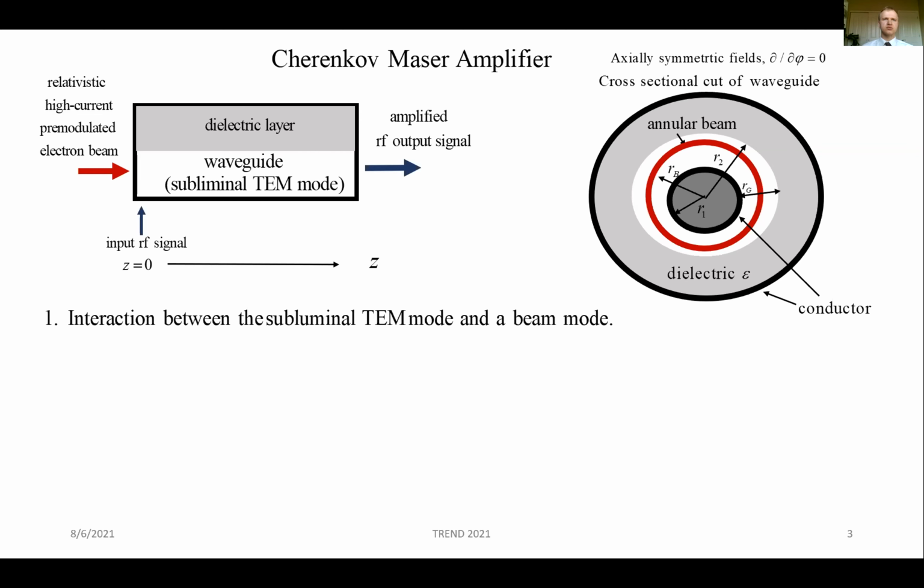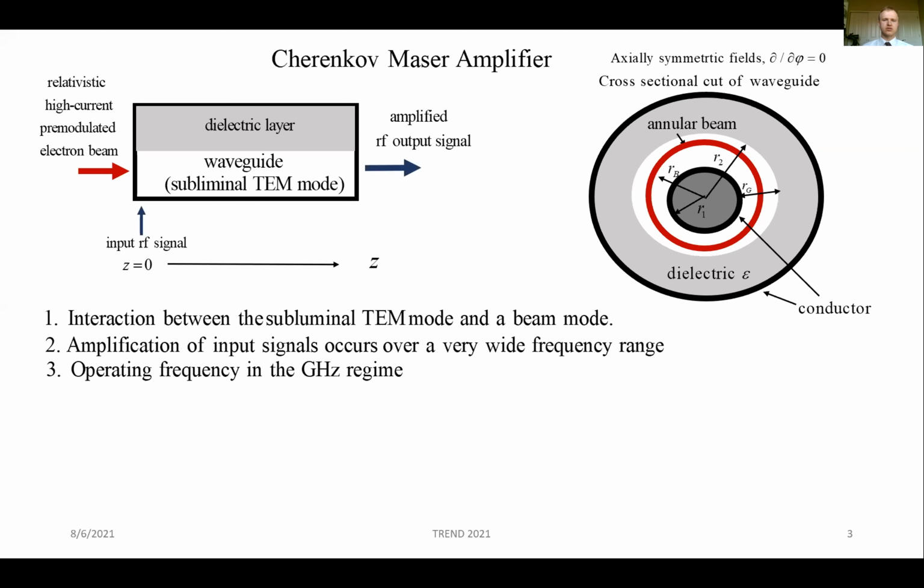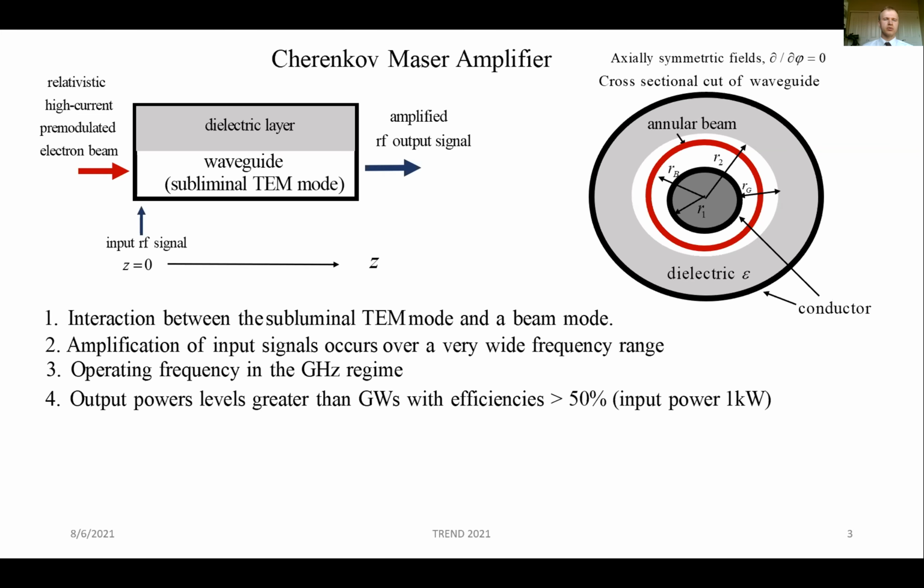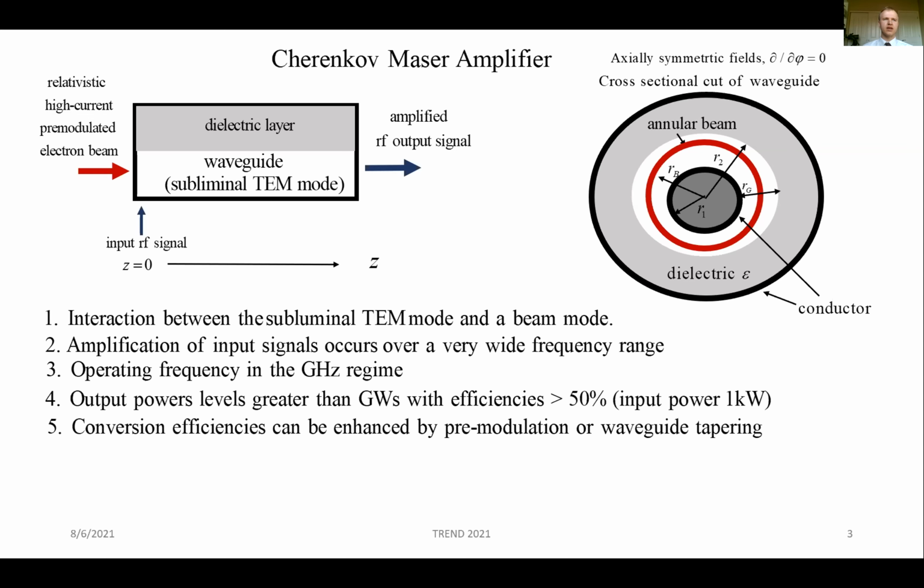This interaction occurs between the subluminal TM mode and a beam mode. Amplification of input signals occurs over a very wide frequency range. Operating frequencies are in the gigahertz regime. Output power levels greater than a gigawatt with an input power of 1 kilowatt and efficiencies greater than 50% have been simulated. Conversion efficiencies can be enhanced by pre-modulating the electron beam density or tapering the phase velocity along the length of the waveguide. Interaction lengths less than a few meters have been simulated, making this amplifier tenable for practical